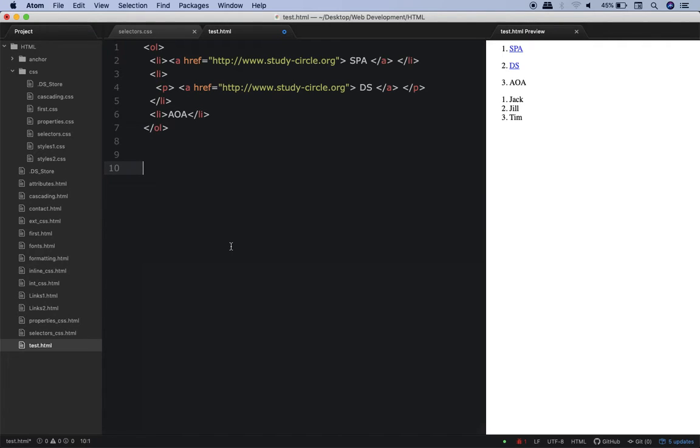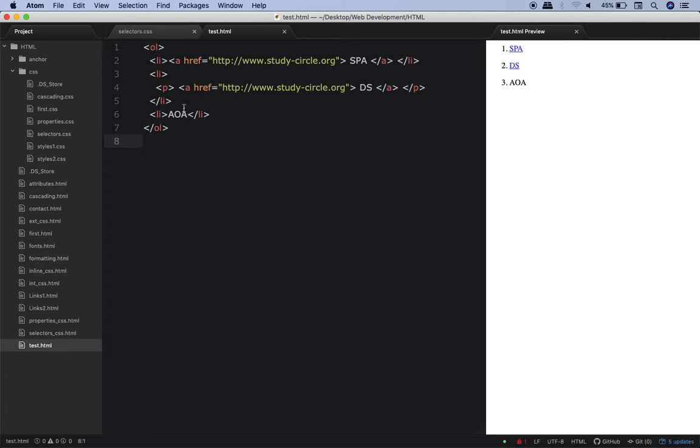Now let me erase this, and once again let's talk a little about the structure. Be attentive to what I am saying. I can say that this A element is the child of the Li element. I hope that is clear. Why? Because the A element is inside the Li element. If you understood what I told you, tell me, is this A element the child of this Li element? The answer is no.